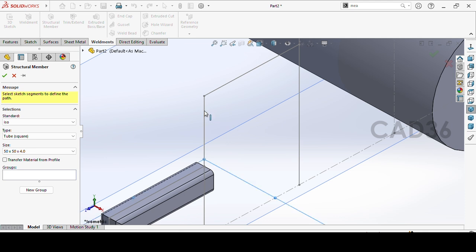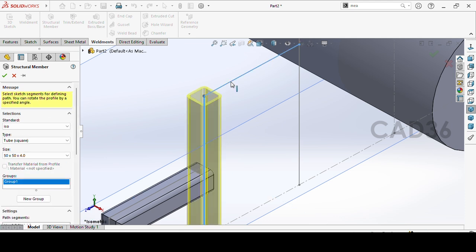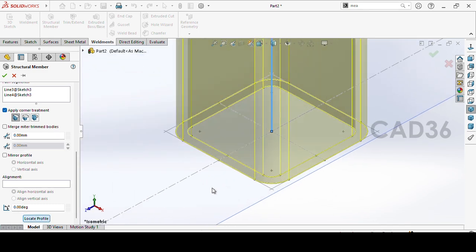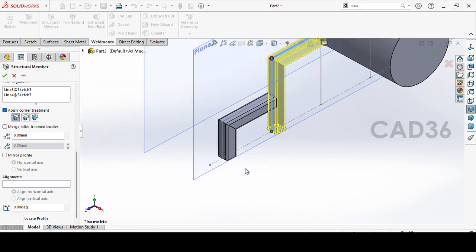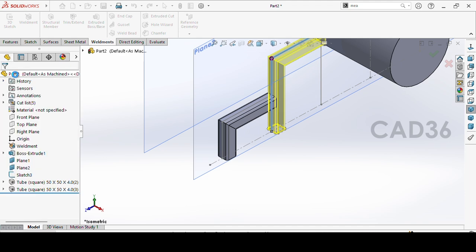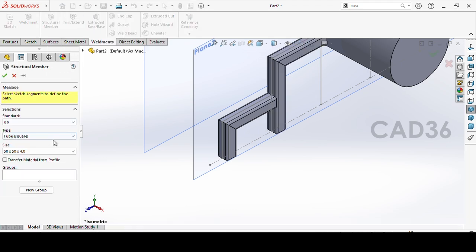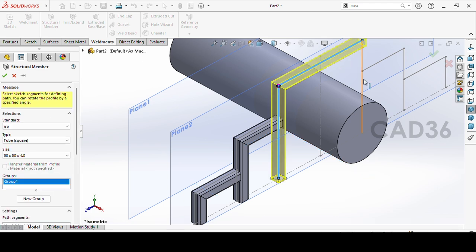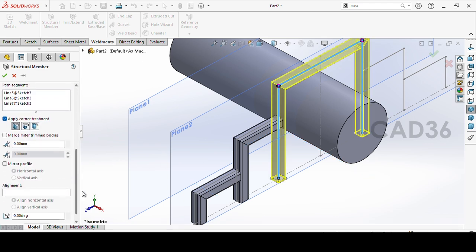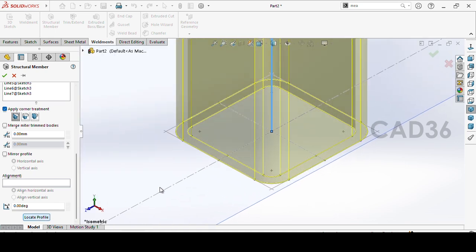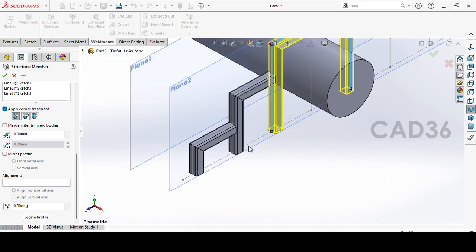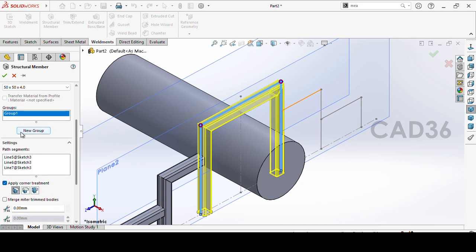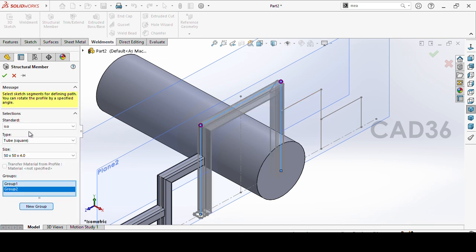Again we will make a similar one. So we make the similar procedure for all the steps. Okay, and locate profile, and we will fix the location also. Okay, this landing portion also, select this point, so it will cover the outer line. What we have drawn, the same length it will get,